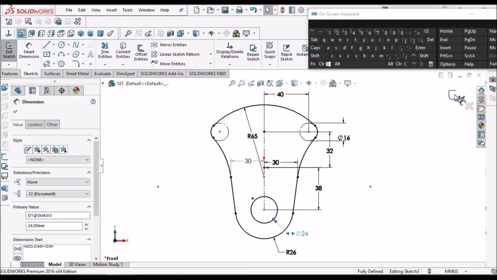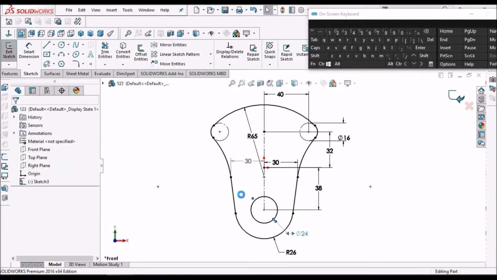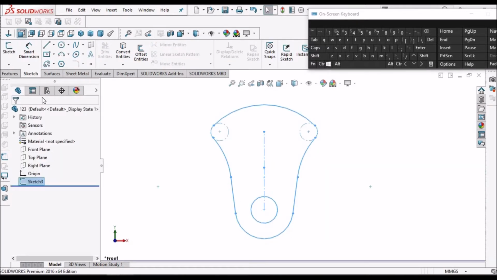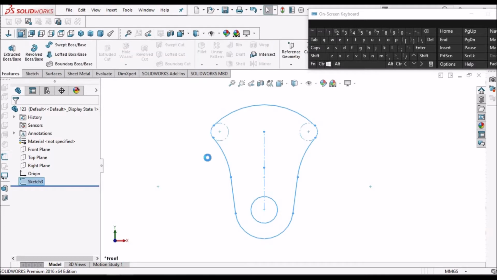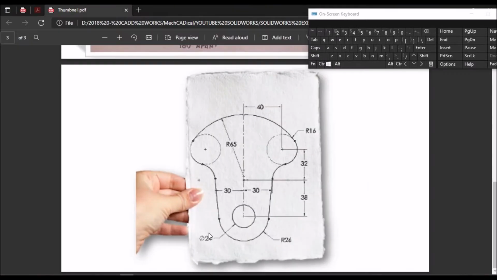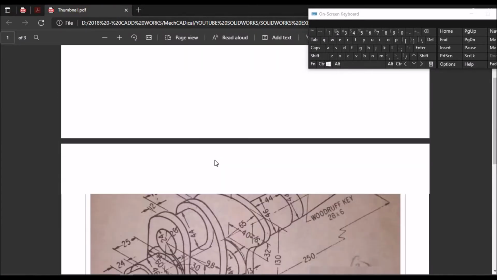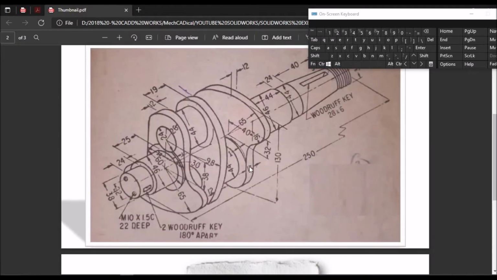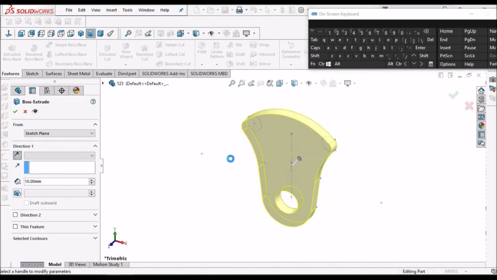Say OK. Now go to feature. See, thickness is 13. So flip other direction and say OK.